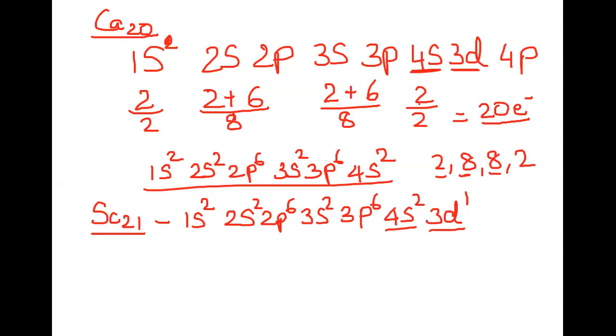So in the fourth period of the periodic table, you see that the d block elements begin after calcium 20. The 21st electron is in the d block elements, because of the 3d1. Therefore, when we do the periodic table, it will become easier for you to understand why these elements have been placed in that particular group and that particular period.